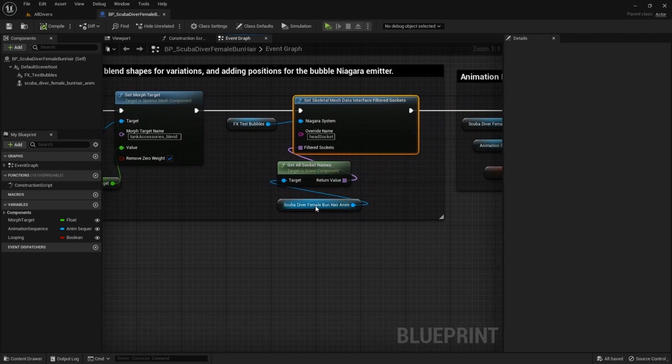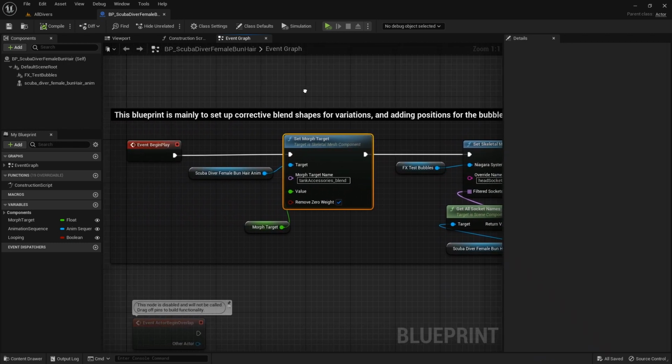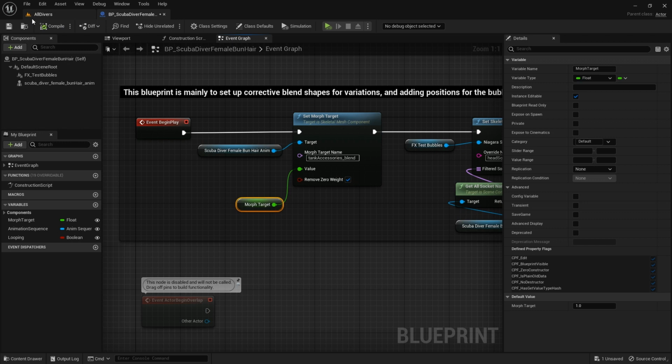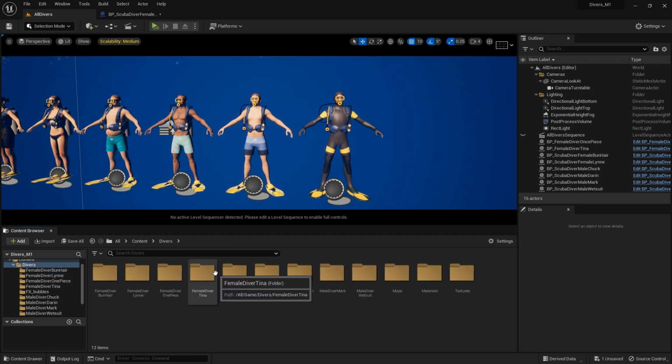It's using the sockets, the head as a socket for the effects test bubbles. And the morph target here has been set to, you can control the morph target to control the tank accessory blending. Sometimes there's just a bit of fitting for the tank accessories, and each one has its own various sets of